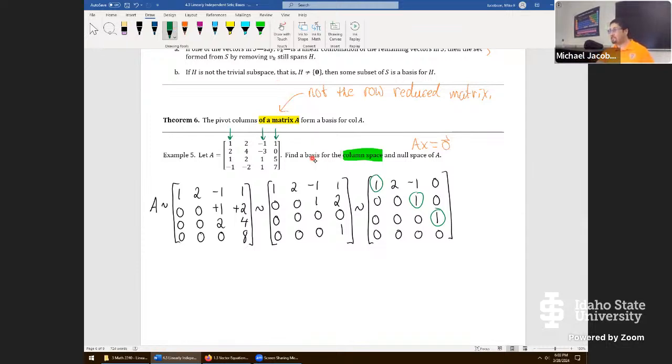Now the way we write this is very particular. We know that the column space of A looks like this, span of V1, V2, V3, V4. So in other words, the column space is the span of those columns. But if you're asking for a basis, we actually can't say span right here. And the reason for that is, suppose you span